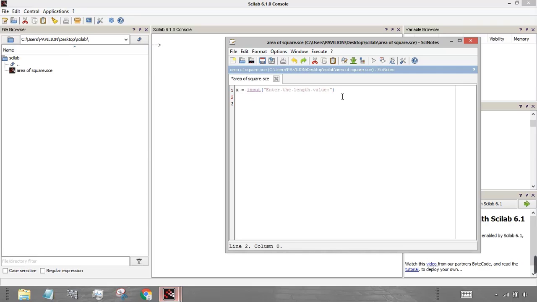Then again, create a new variable Y, which is input, enter the side width value. So I'll just write width value.